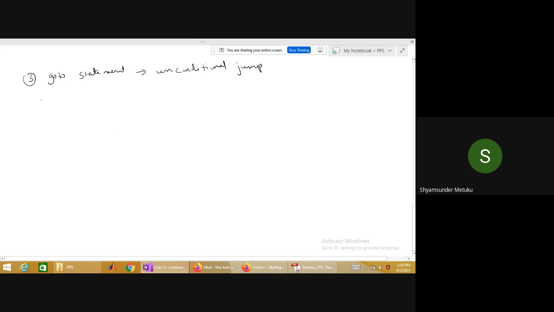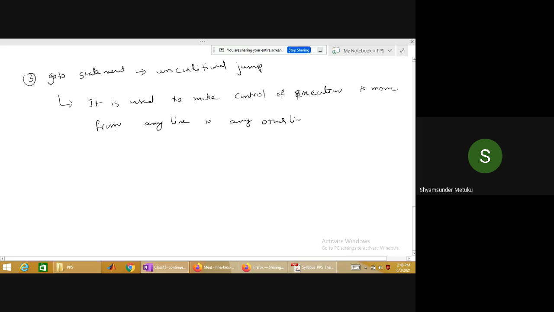This statement, from the definition point of view, is used to make the flow of control of the program, or control of execution, move from any line to any other line.